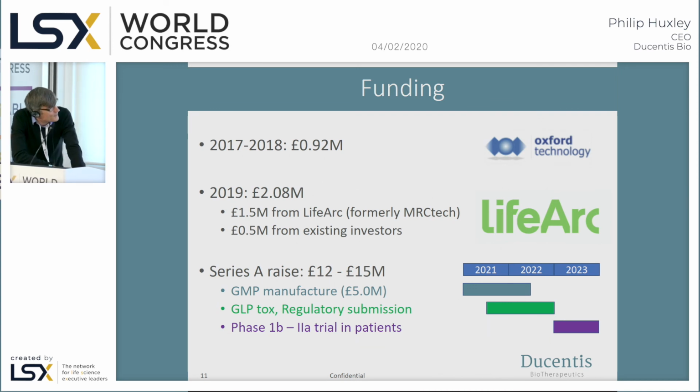So we've done this to date with very modest funding. In 2019, we were the first UK biotech to get funding from the LifeArc seed fund. This was a seed fund that was essentially, I think the seed fund opened in June 18, and we were in sort of late stage due diligence at the end of 18 and secured the funding in June 2019. So we secured 1.5 million from LifeArc, $500,000 from our existing investors,